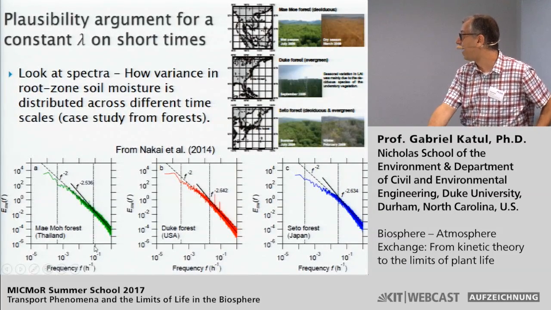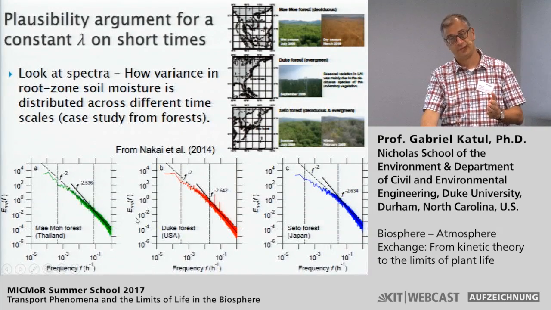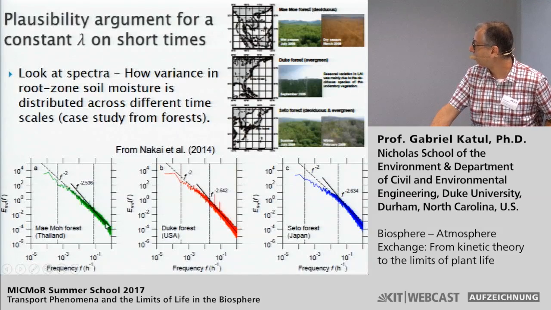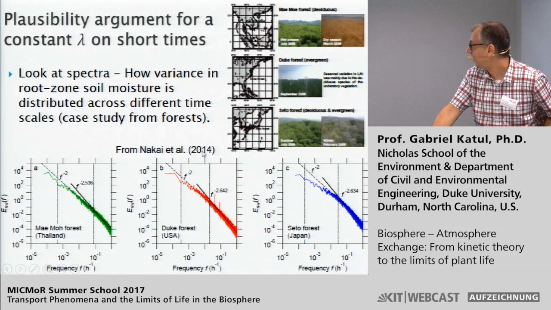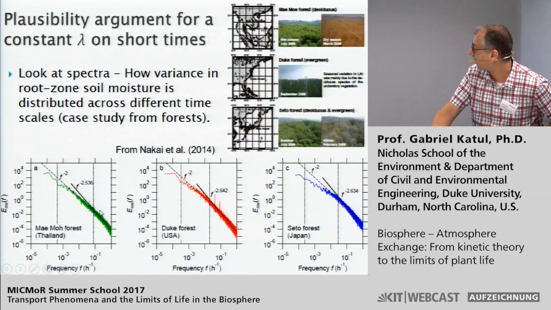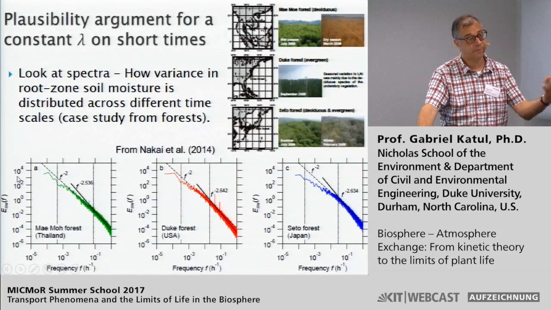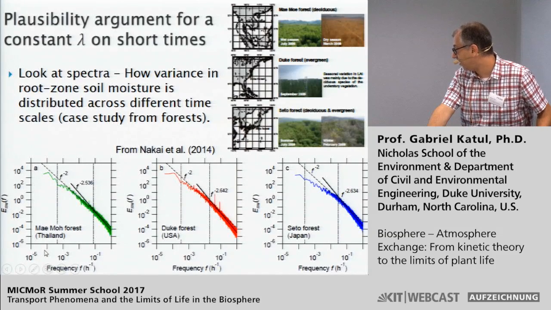If you look at the spectra of soil moisture, which describe how much variability you have at different time scales, yeah, you find that the spectra of soil moisture content decay pretty rapidly at sub-daily timescales. And that would suggest that perhaps the variance there is not so crucial at very small timescale, but of course the variance is quite high at larger and larger timescales. Yeah? And that has been tested for many, many forests, and with Taro Nakai and others, there are now theoretical models that can predict the spectrum of soil moisture content from the spectrum of precipitation and some information about root zone soil moisture content, water uptake by plants and drainage.